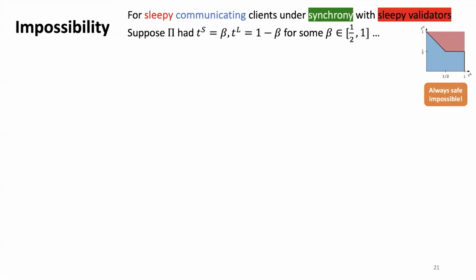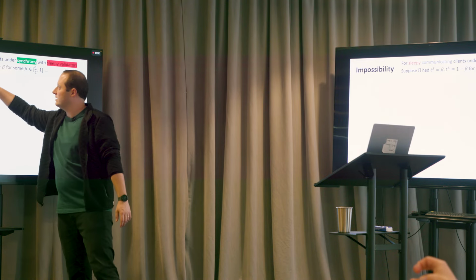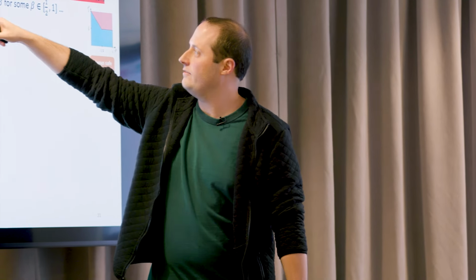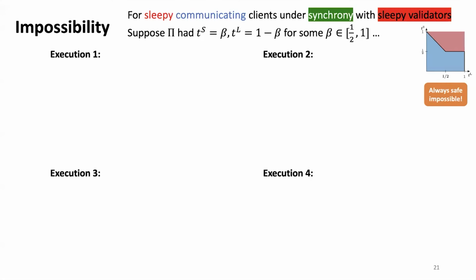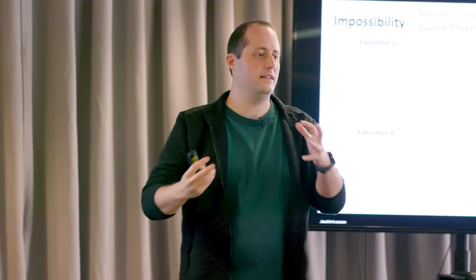Okay. So we're going to assume for contradiction we had a protocol that could do something in this red region, something maybe just on the boundary here, or just past the boundary. Some protocol pi with a safety violation in a beta somewhere between 0.5 and 1, and a liveness violation that corresponds to that, on that diagonal. Then we're going to look at 4 different executions, and see, under the assumption that the protocol has this liveness resilience and safety resilience, how the protocol has to behave, and that's going to lead us to a contradiction.